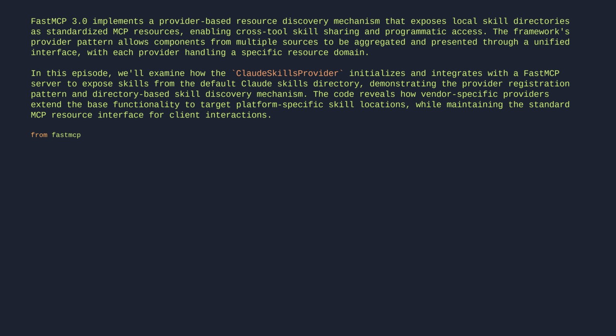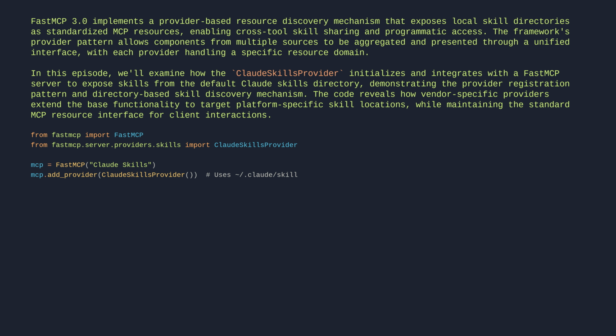From fastmcp import FastMCP. From fastmcp.server.providers.skills import ClaudeSkillsProvider. mcp = FastMCP("Claude Skills"). mcp.add_provider(ClaudeSkillsProvider()) # uses ~/.claude/skills/